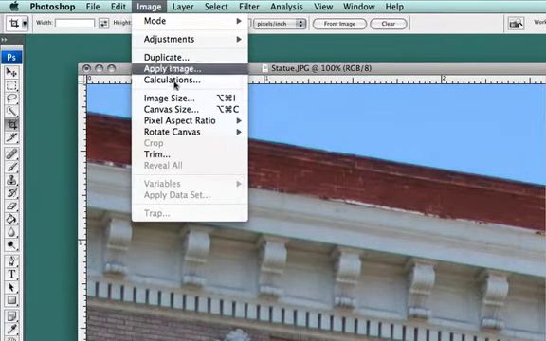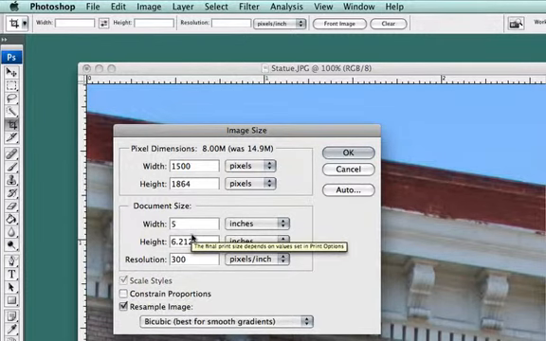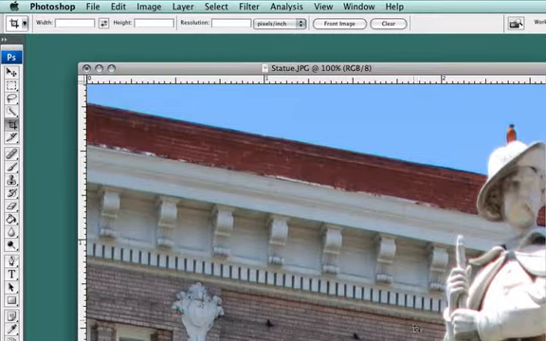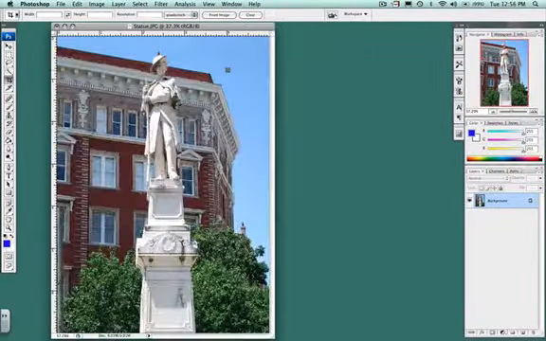I'm going to go back over here to Image, Image Size, and now I have that selected with my proportions. I can come over here and I can change this to 5, and that's not quite by 7. So if I want to change that to a 5:7 so that I get the correct type of print, I can either do one of two things: go back and change my crop areas, or I can just type in 7 and then hit OK. Now that will change the proportions just a little bit, so I'm going to go back over here and fit this on the screen. Doesn't look too bad, so I think I'm going to go with that,